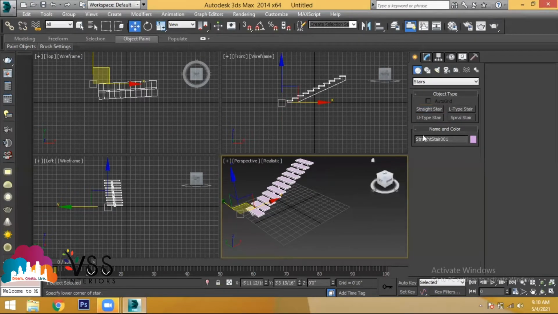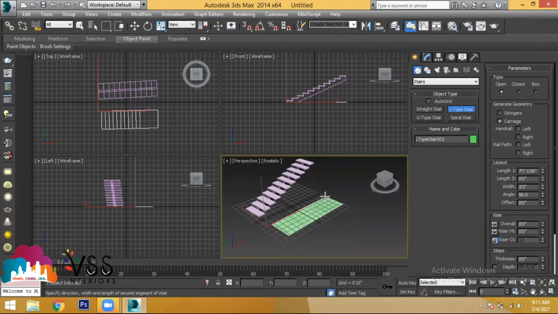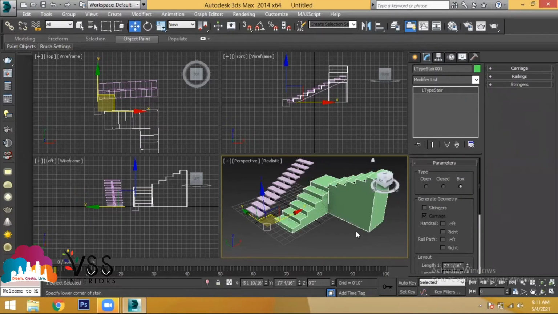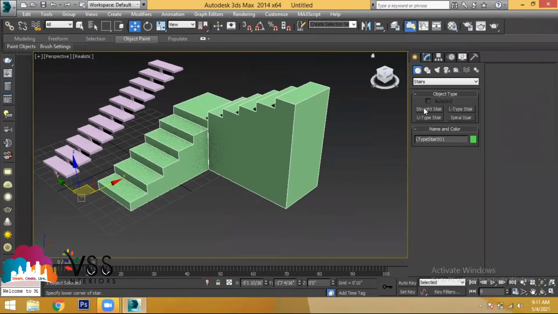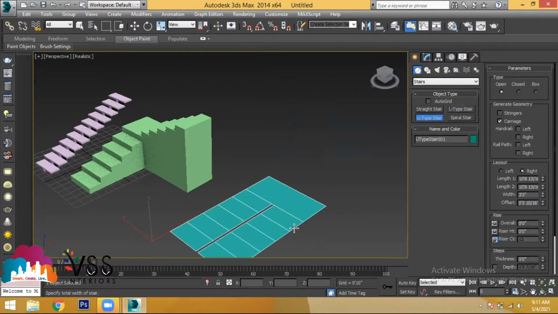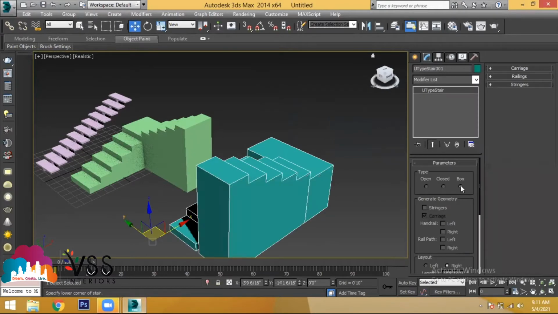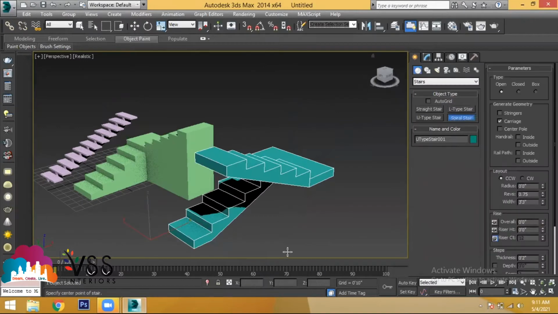Okay. And coming to the next option, you talk about L type. Click the starting point, drag your mouse, release, how much length two you need, click it, and then provide how much height you need. You can take a box type or anything. And coming to the next one, that is U type, total length and how much width you need, provide the height. This is a type of stairs. And spiral.